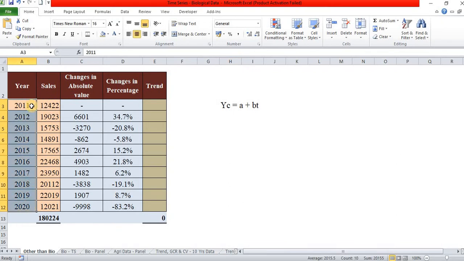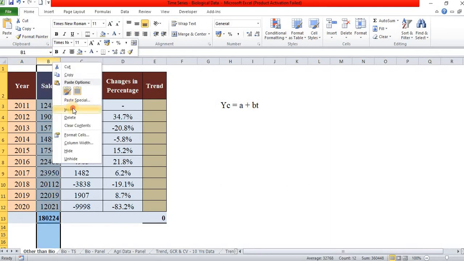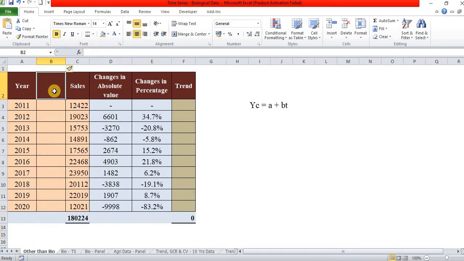The years start from 2011 to 2020, but this analysis is conducted only for 10 years. So 2011 is the first year of the analysis. We have to enter the actual year.